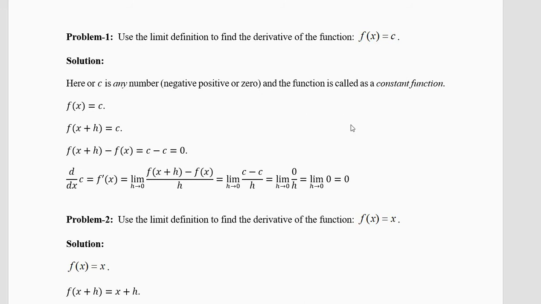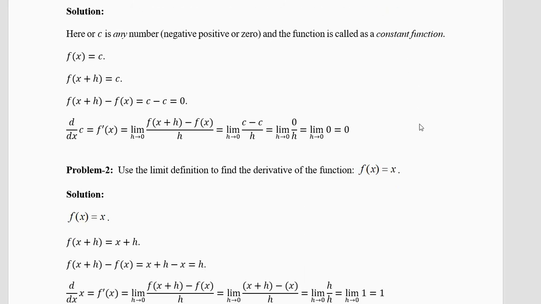The derivative of a constant function is 0. See, the derivative has to do with the slope geometrically. Your straight line has a fixed slope, and this is a horizontal line. It's not going up, it is not going down. So for this function, the derivative will be 0. Derivative has to do something with the slope.